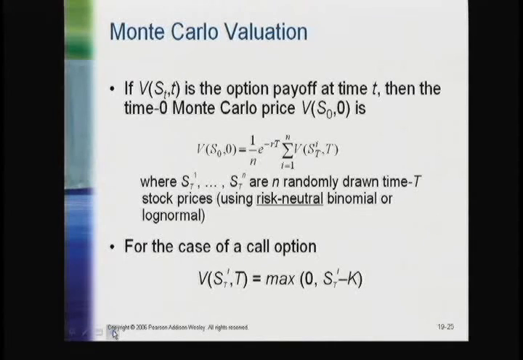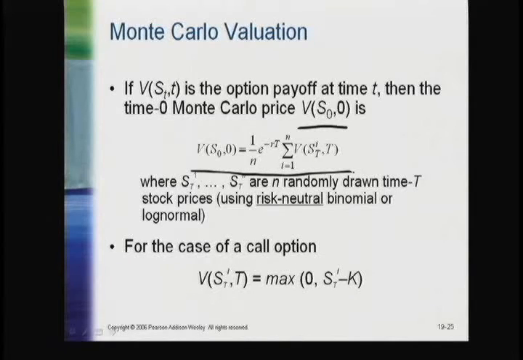It's a general European payoff. And by that I mean it could be a put, could be a call, could be a forward contract. It could be any kind of financial derivative security, exercisable at time little t, and it has an explicit payoff function at that time. That's all we're assuming. So the Monte Carlo price at time 0 is given by this usual procedure: I generate a